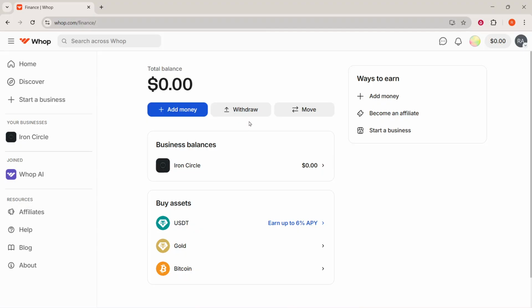Next, review the available withdrawal methods shown for your account. Depending on your region and account type, you may see options like direct bank transfer or other alternative payout services. If you don't see a specific method, it may not be supported for your location, or you may need to